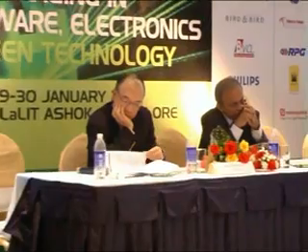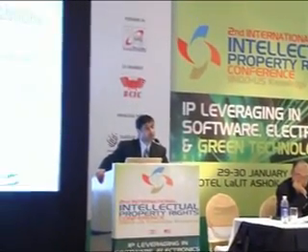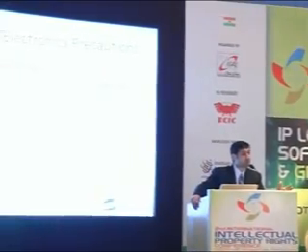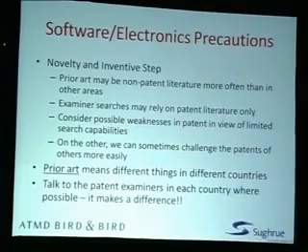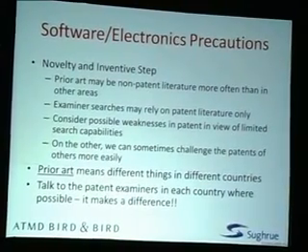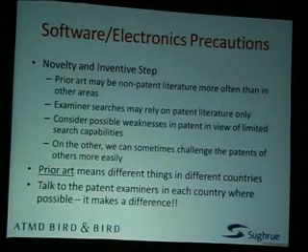There's this economic significance part in India that at the end of the presentation I may ask for your input on, and experiences. So what are the precautions in this inventive step area? Software is unique. Usually there are lots and lots of patents in electronics and automotive areas. A lot of examiners rely mainly on patents. So sometimes we may get patents in the software area that are very weak because the examiner has not been able to find patent prior art.